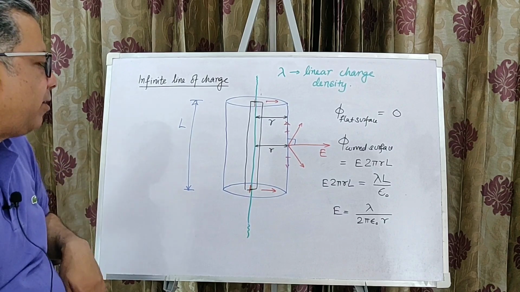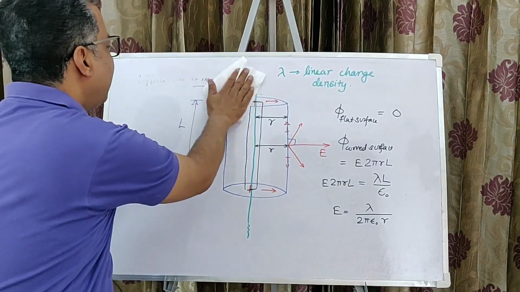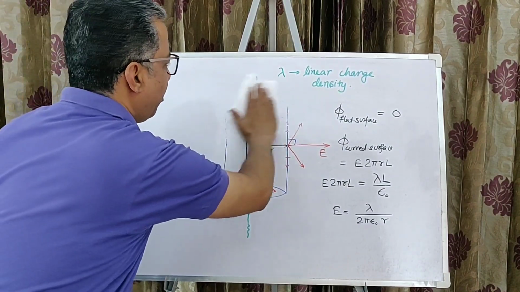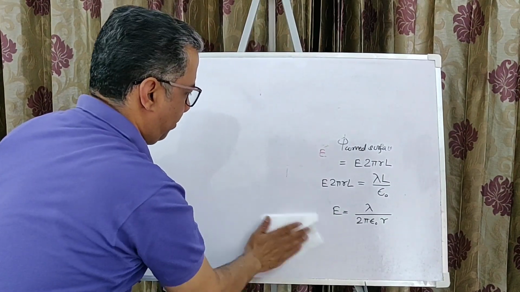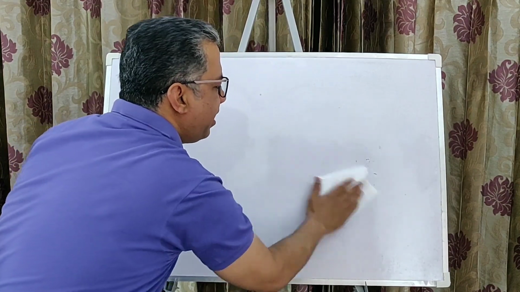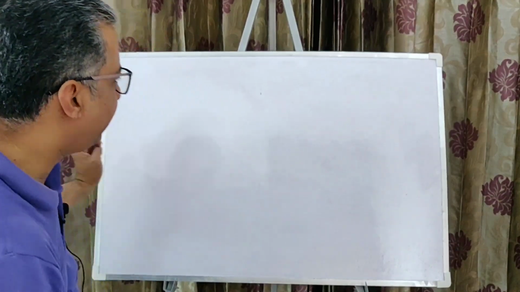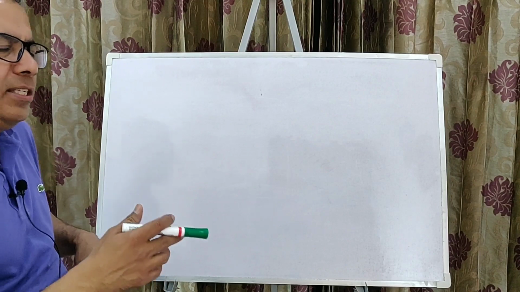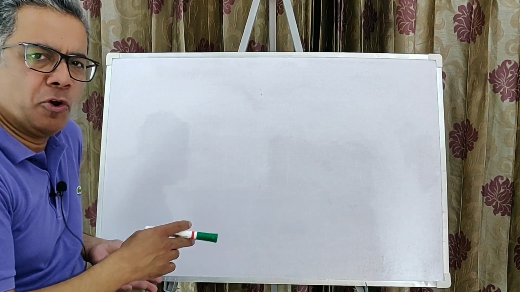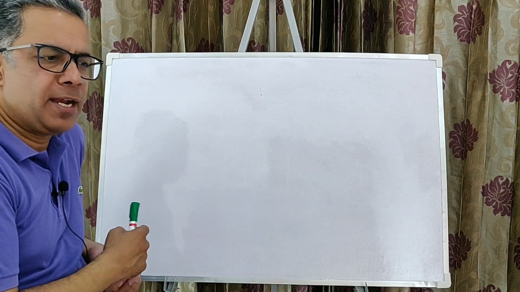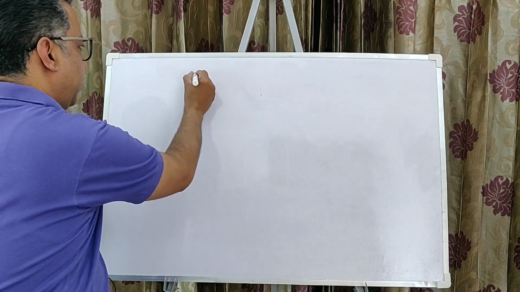Now, a couple more calculations of this nature. The next we are discussing is an infinite sheet of charge. Now, with an infinite sheet of charge, again we are aware of the electric field. If the surface charge density is sigma, then the electric field is normal to the sheet of charge and has a magnitude sigma by 2 epsilon naught. So let's consider this